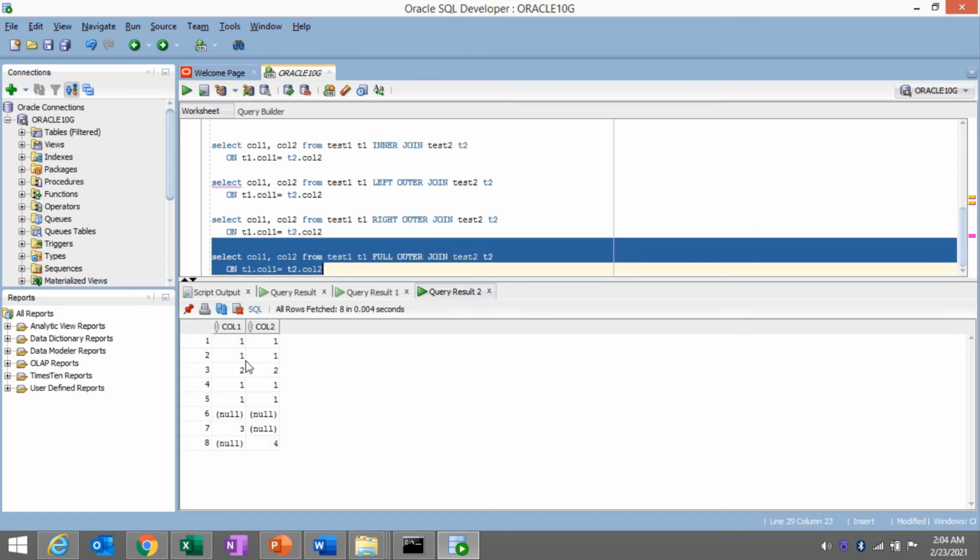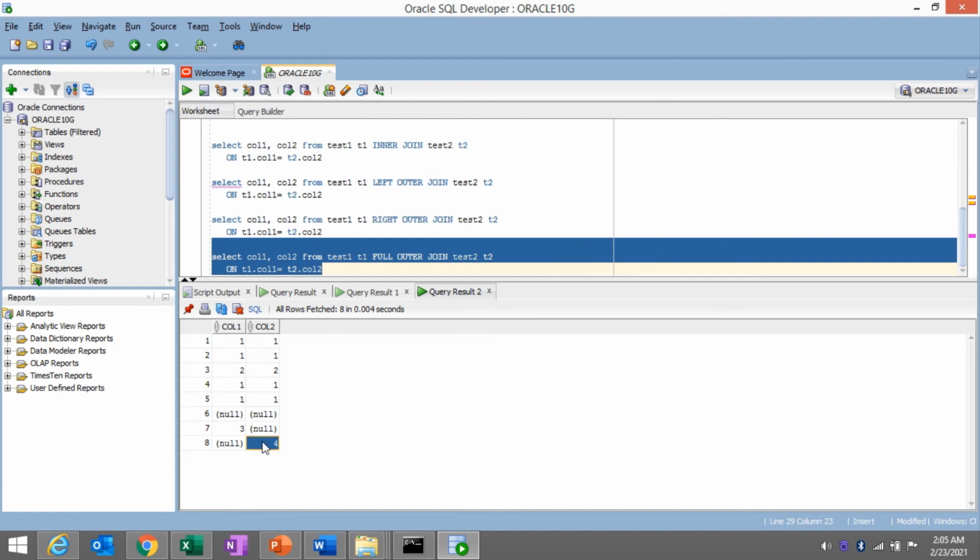So if we perform the full outer join, you can see in the left side we have a null value, right? So it got null again in the right side, and for the third value, same thing: we have the third value in the left side table, and we don't have any value in the right side table, that's why we got the null.